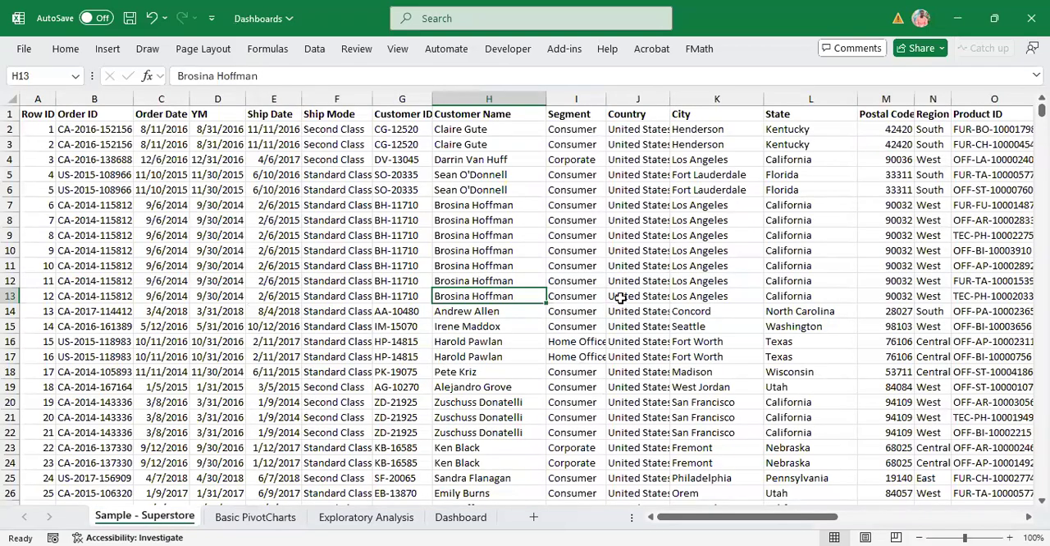Okay. Can you see my screen? Yes, we can see your screen. Okay, so